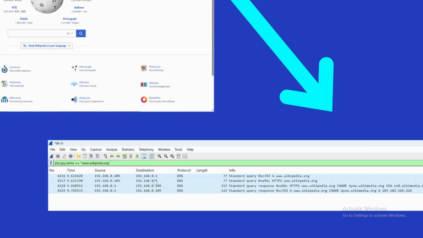The first one is 4216, standard query. That's the most important one. This is my computer asking the DNS server, what's the IP address for www.wikipedia.org? This one, right? And the next point is the response. As you can see, 4218 and 4219. Those are the responses that show the server replying with the IP address, which my browser uses to